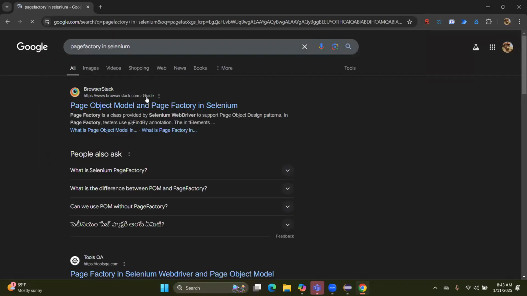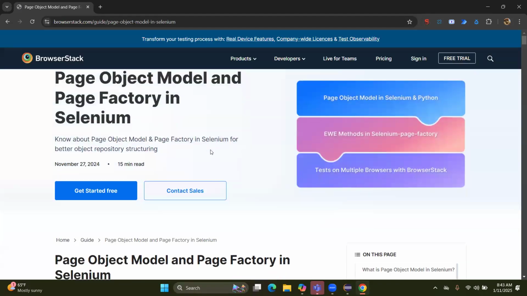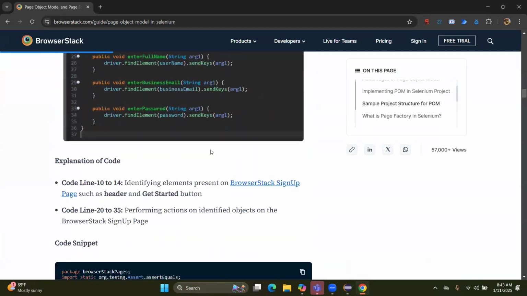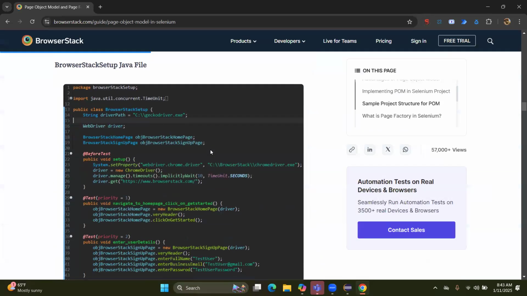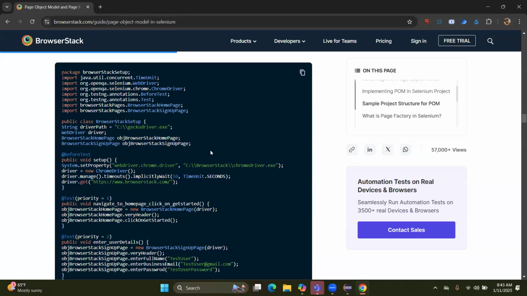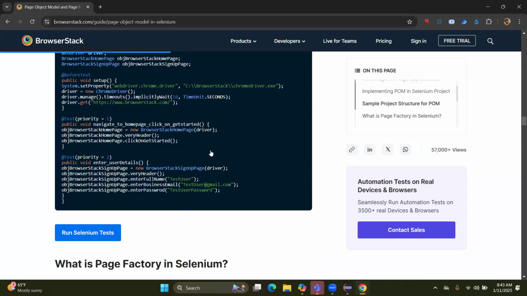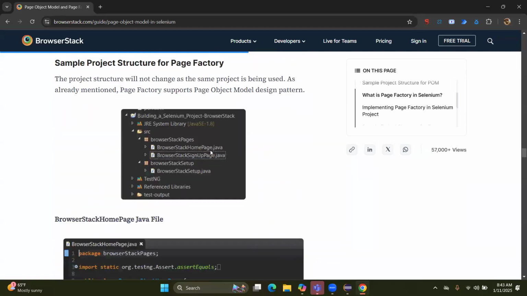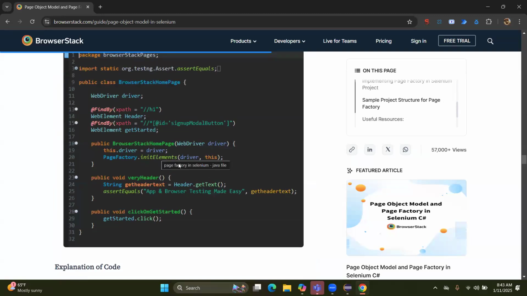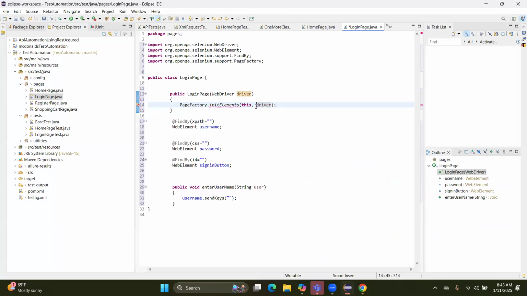PageFactory, PageFactory. Okay, initElements(driver, this). So what exactly this statement will do is, for this username,